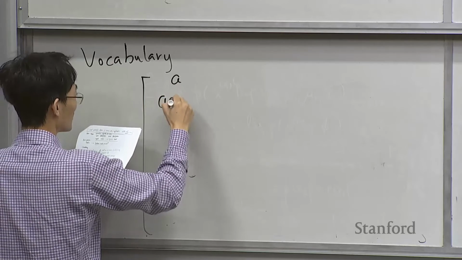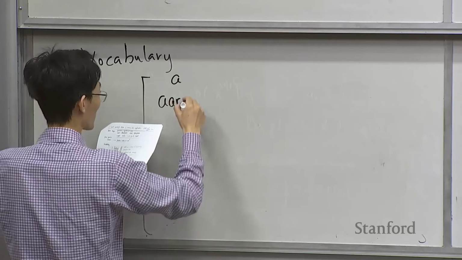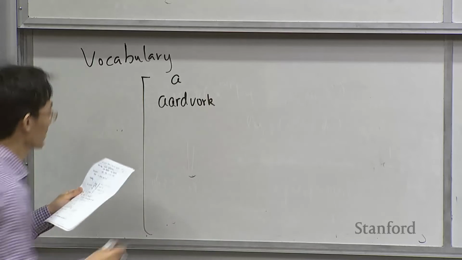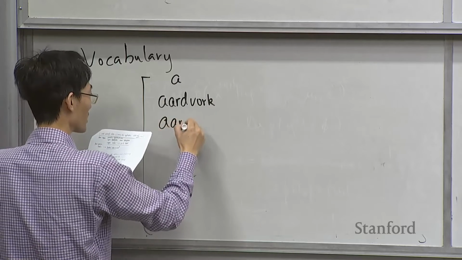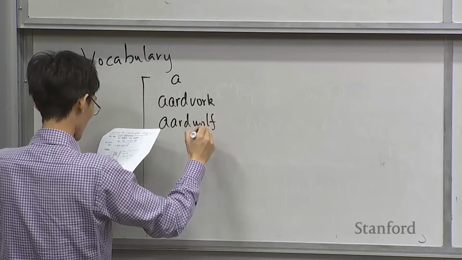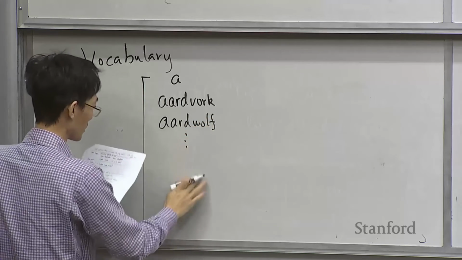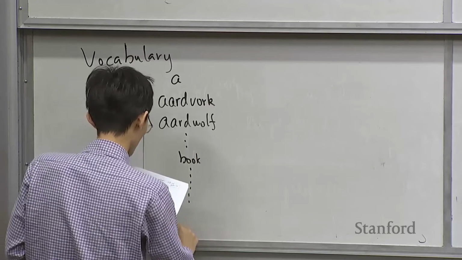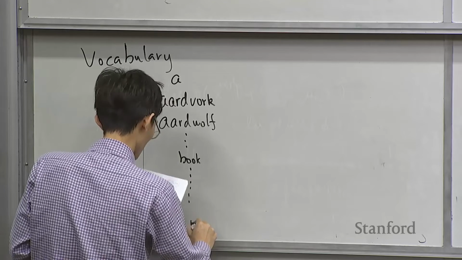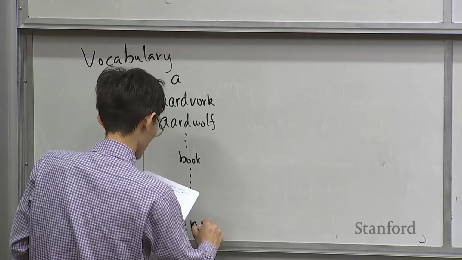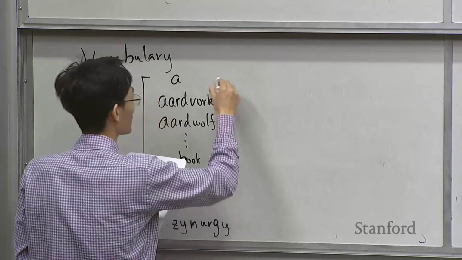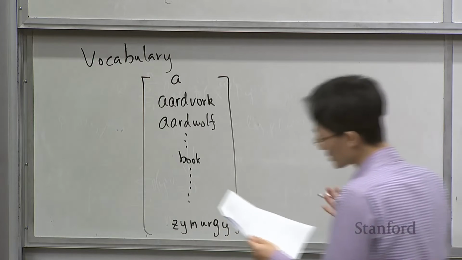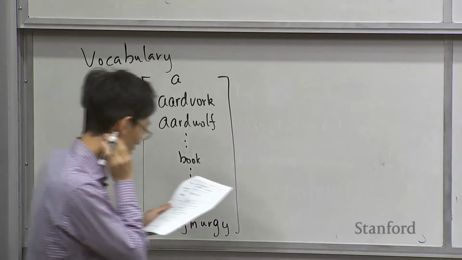according to some dictionary, the second word is aardvark. I think it's a kind of animal. And the third one is wolf, I think another kind of animal. Something like this. And then you list all the words, and maybe at some point you're going to have the word book. And eventually the last word in many dictionaries is a word I don't even remember how to pronounce. I think I used to know when I first taught this lecture, and then I forgot after a few years. Anyway, so you listed all of this, and then you say that